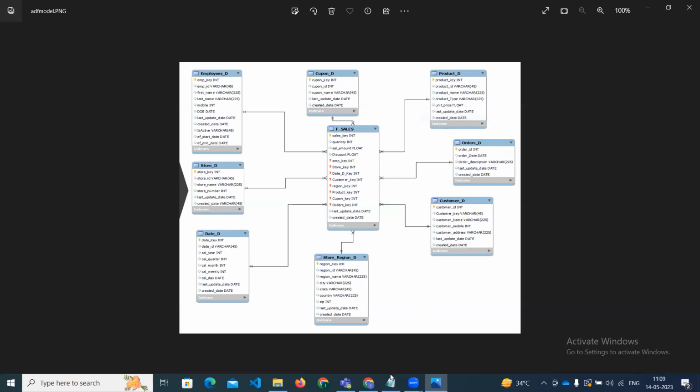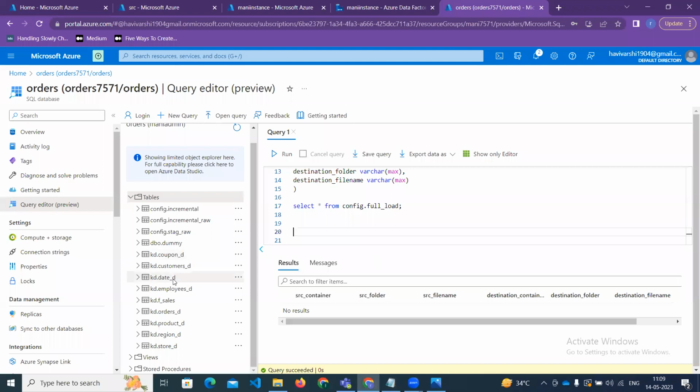The data warehouse model has been developed in the Azure SQL. So kd.coupon dimension, kd.customer dimension, kd.date dimension, employee dimension. Okay, these are the data warehouse tables already created by the data warehouse team. Okay, I will show you. Select from